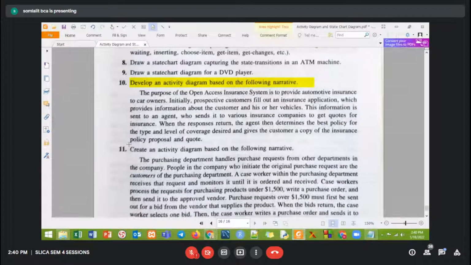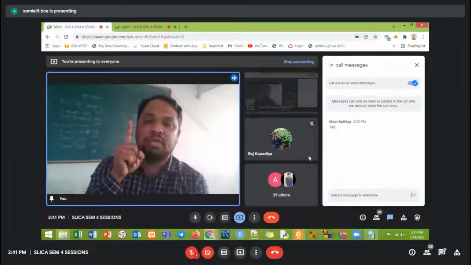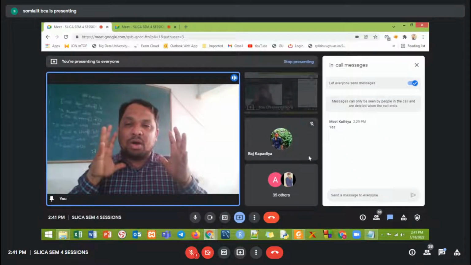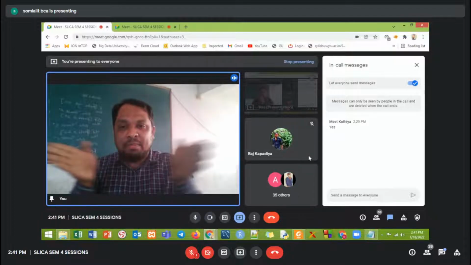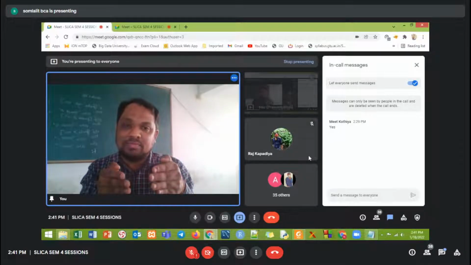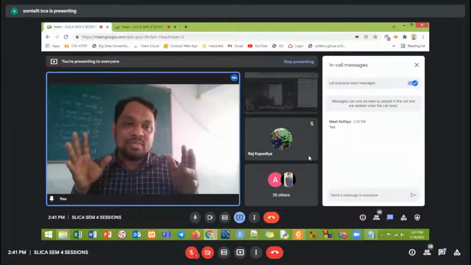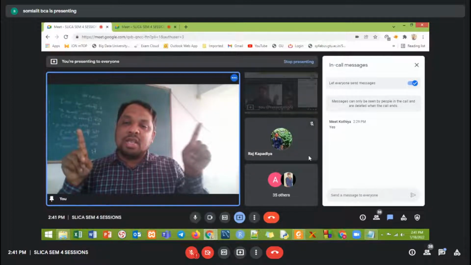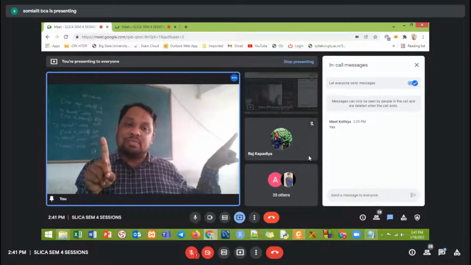You need to draw an activity diagram for question numbers 10 and 11. Things are very easy. One thing you need to do: identify the actors, identify the swim lanes. Think that there is a main process, so implement a fork, but after the fork implement a join. It can happen that one particular activity implements a fork operation and the fork goes into a different swim lane. Possible.